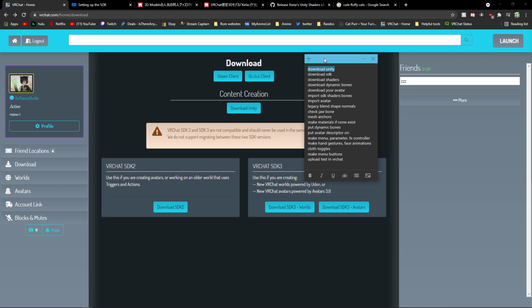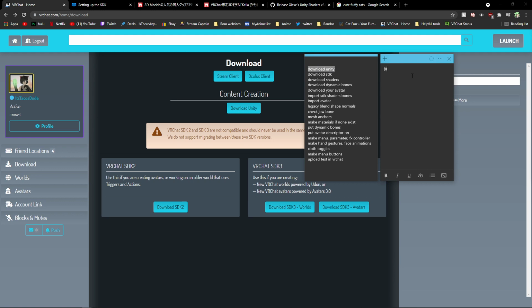Unity is the basis where you are going to be creating your avatar. Sorry, I meant to say uploading your avatar, rather, turning it into an avatar, because there is another program called Blender, and Blender is exclusively used for modeling. So that would be anything from putting clothes on. That's like,